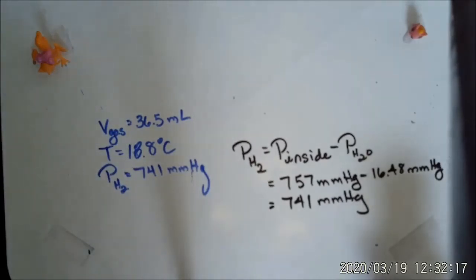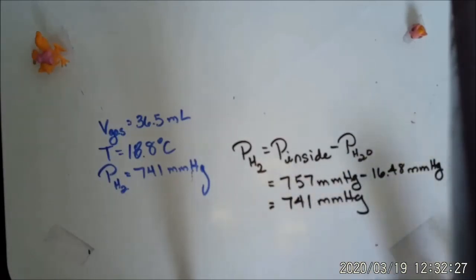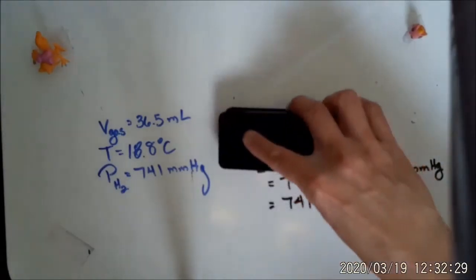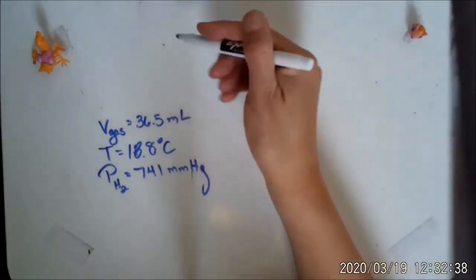So we know the height in water, converted that, so I now know what the inside pressure of the tube is. Then from the inside pressure of the tube, I remove my water vapor, so now I know the partial pressure of hydrogen. Now let's go back. What was the original goal? The original goal, remember, was to find out in this reaction